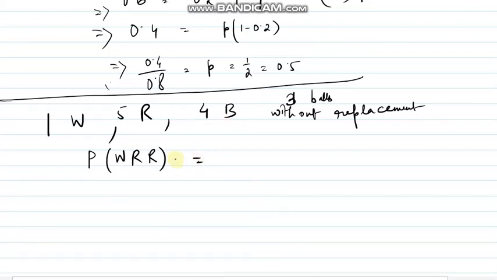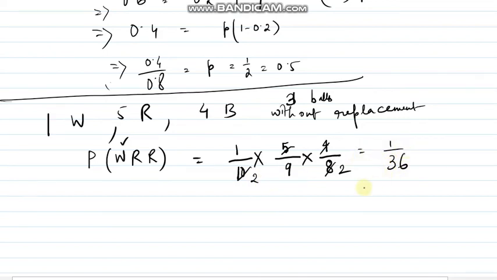So first case is the white ball. First one white ball, and how many total balls do I have? 10, right? As I am not returning the ball, how many balls do I have left? 9 balls, right? Next case, how many balls are left? 8 balls, right? Now the first ball is white, this is done. Second one has to be a red ball. 5 red balls I have. When I am moving to the third ball drawn, I have already drawn 1 red ball from these 5 red balls, so this will be 4, right? So the answer will be 1 divided by 36.